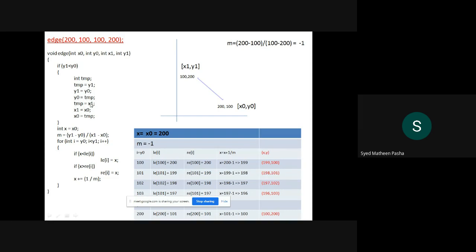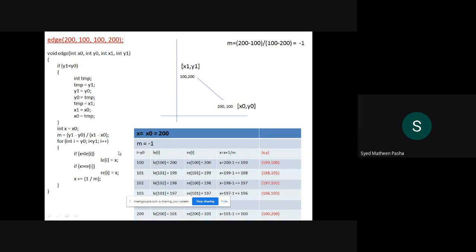Similarly, with respect to x, I will do temp equals x1, x1 equals x0, where the x0 value is being stored in x1, and then x0 will be defined with temp. The x1 value is stored in x0 here. Then I will define a variable x whose value is x0, and I will calculate the slope with respect to those points y1, y0, x1, x0.